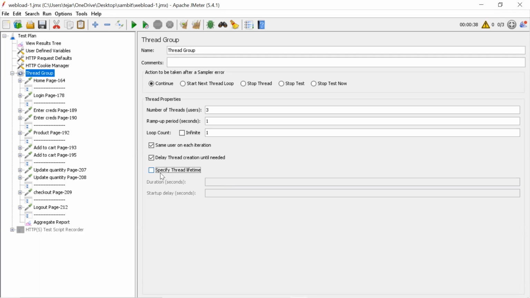Because there are some test cases for performance testing that we may need to run in the night, or we may need to run for some particular duration, like exactly 1 hour, exactly 10 minutes, exactly 2 minutes. Whenever we need cases like that, we use lifetime, because we can't sit in front of the system, calculate the time based on a timer, and stop it. So just click on this one. If you give 30 seconds or whatever delay, it will run the script and stop.